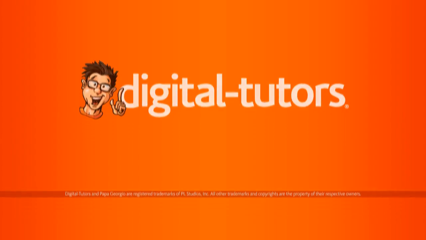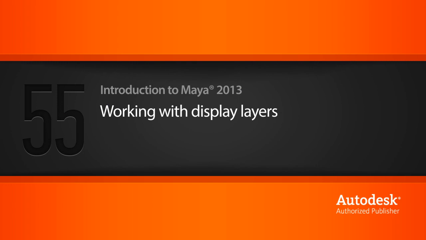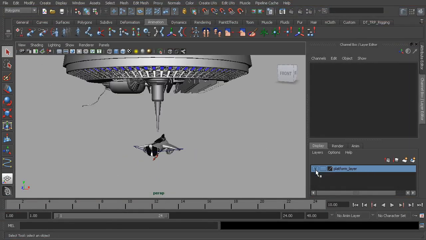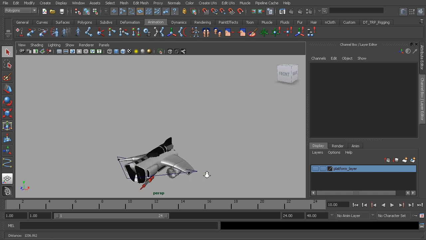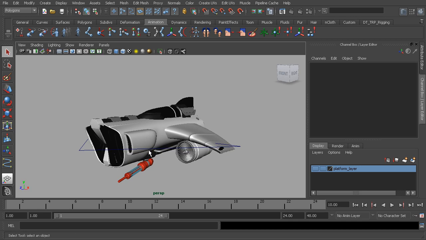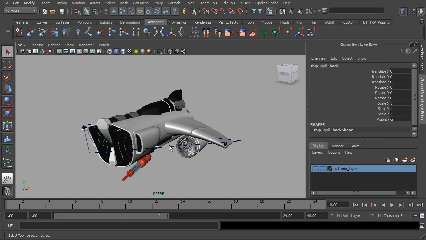In this lesson, we'll learn how display layers can be used to help make our rigs more animator friendly. So we've already learned that we can use display layers to quickly toggle the visibility of our objects. However, they have a few extra modes that I find work very well in animation. So let's go ahead and take a look at those modes as we store our ship mesh and control object